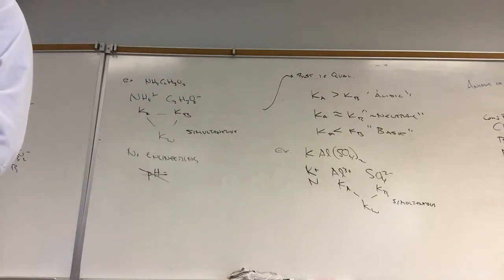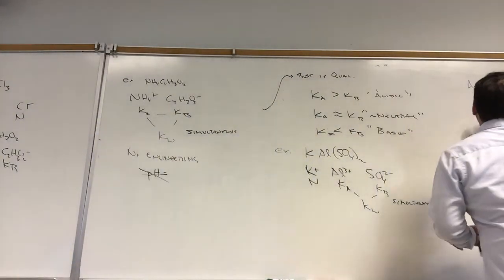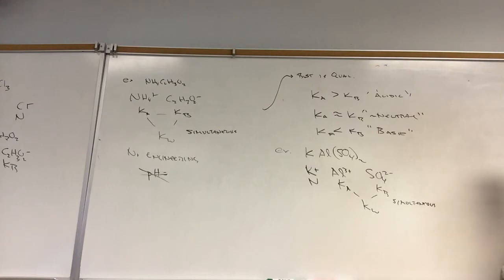Excuse me, now why is sulfate a base? Why is it basic? Okay, this is the other way of remembering this. The stronger the acid, the weaker its conjugate base. And so if you have a very strong acid, the conjugate bases are so weak, we consider them neutral. So for example, HCl is a very strong acid. Its conjugate base is chloride. Chloride is so weak, we consider it neutral. But sulfate is not the